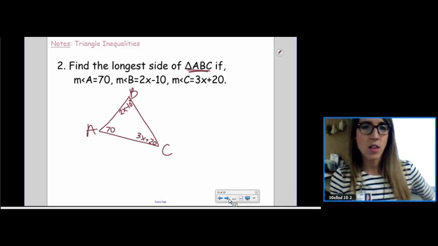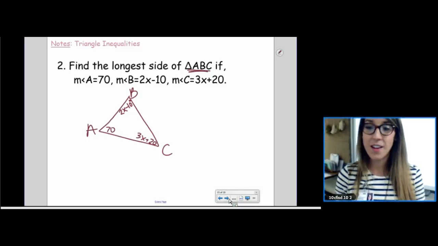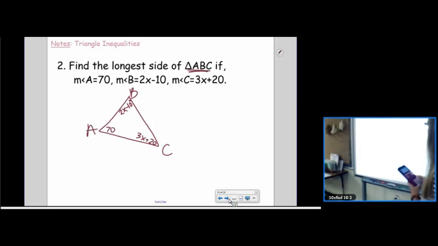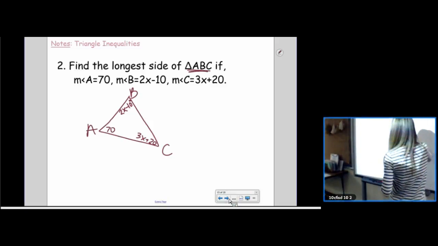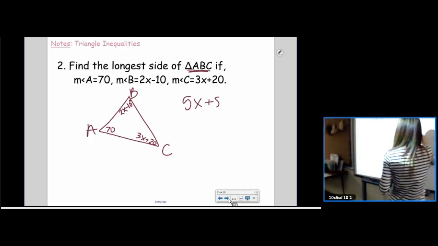So in order to find the longest side, I need to know the largest angle. To know the largest angle, I'm going to have to use good old triangle sum theorem. So let's add up these angles. Let's see, 2x plus 3x is 5x. 20 plus 70 is 90. Minus 10 is 80. So I added up, this is the sum